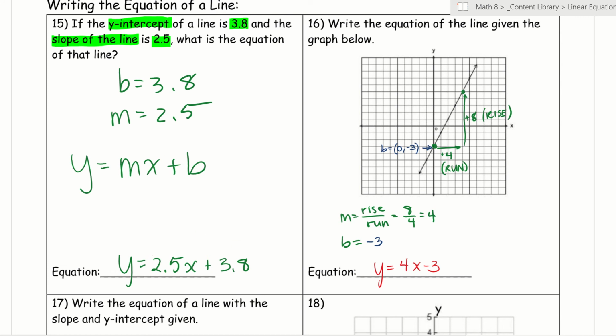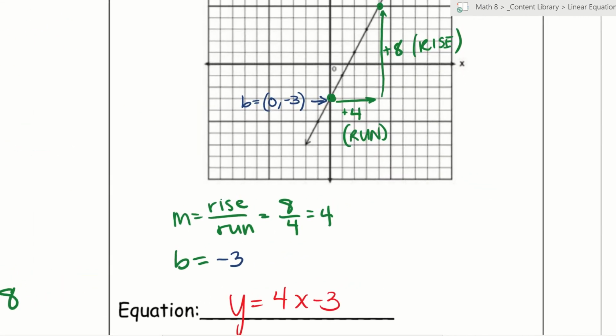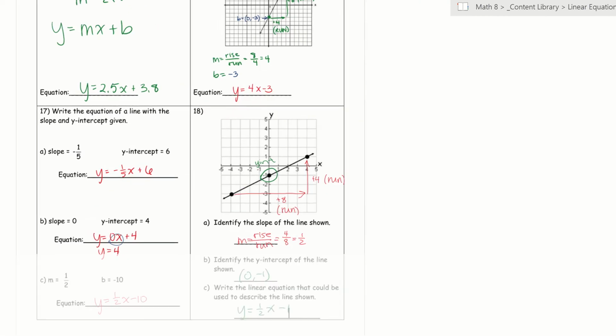I substituted in. To find the equation of this line, I chose any 2 points. I again did rise over run. My y-intercept was (0, negative 3) here. I wrote m, b, I substituted in. And now here,